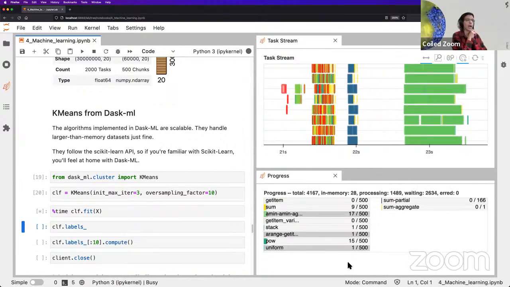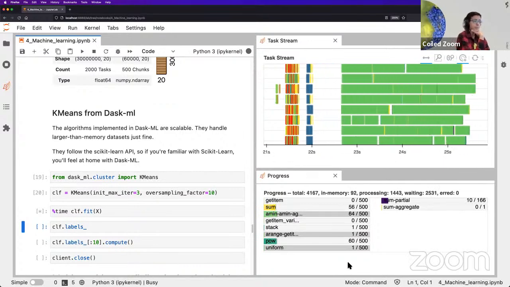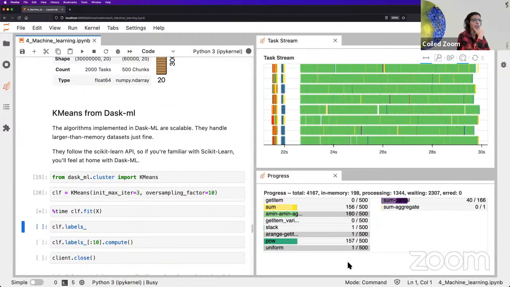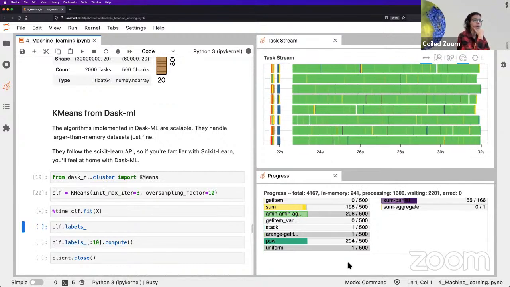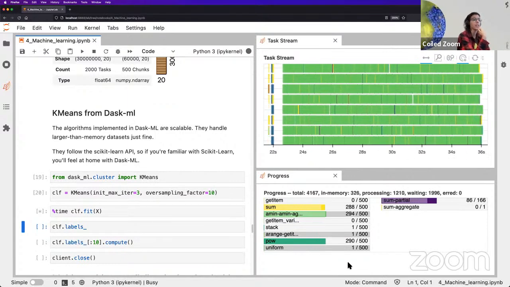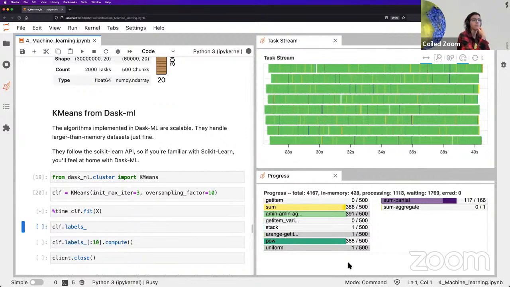Then you have a color bar, and the solid color means things are computed but are still in memory. And the transparent ones are things that have been computed and have been released from